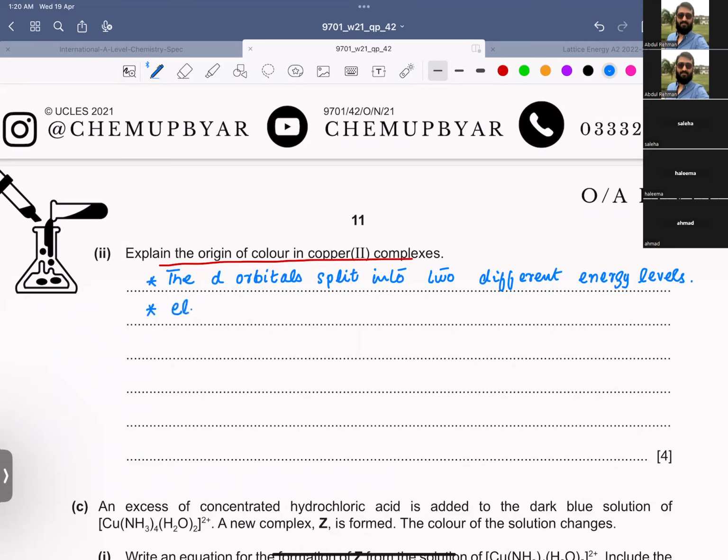Then an electron at lower energy is excited to higher energy by absorption